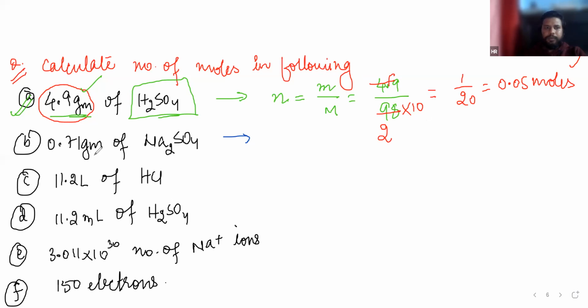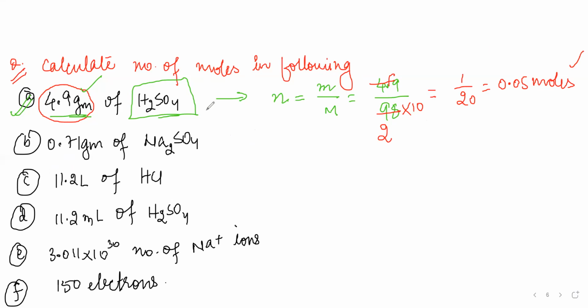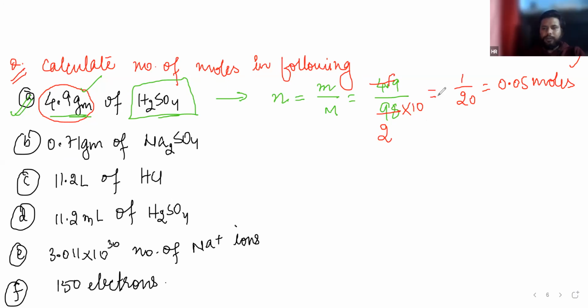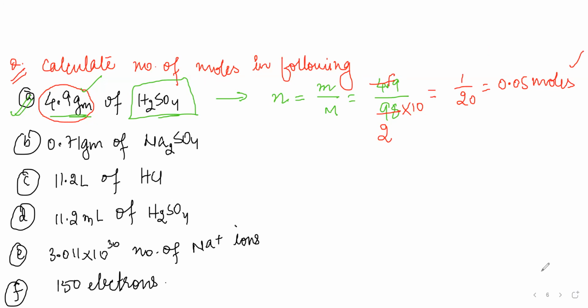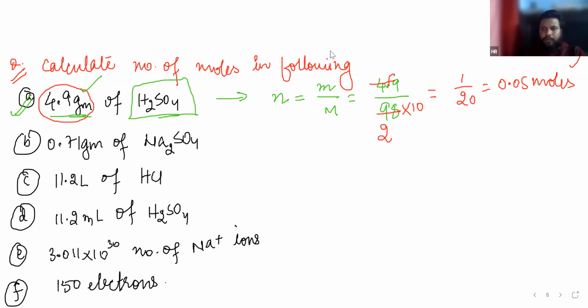I have chosen a good number. It will be cancelled out. If you will see it, sir, 0.71 is not getting cancelled with 112. 0.71 by 112 it's coming, right? Because Na2SO4's molar mass is 112, it's wrong. What is the molar mass of Na2SO4, Krishna? 142, sir. 0.005. Sorry, sir, sorry. 0.005.